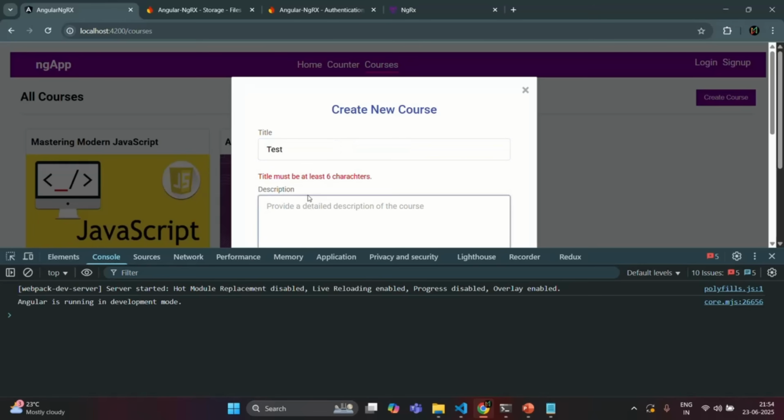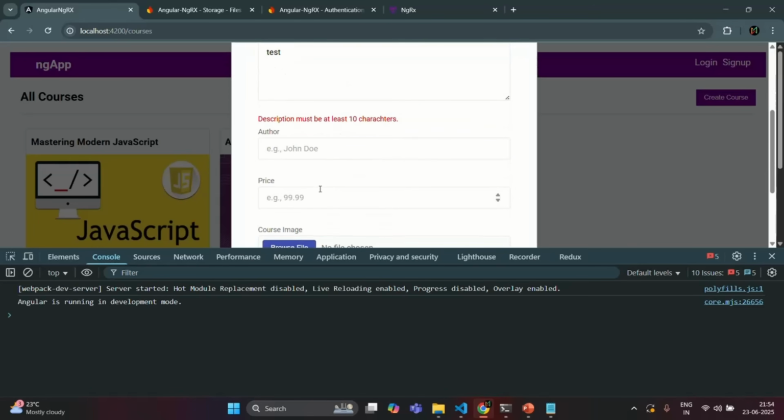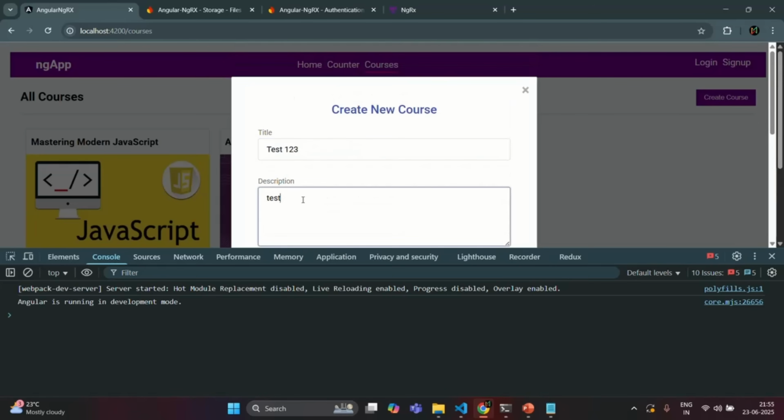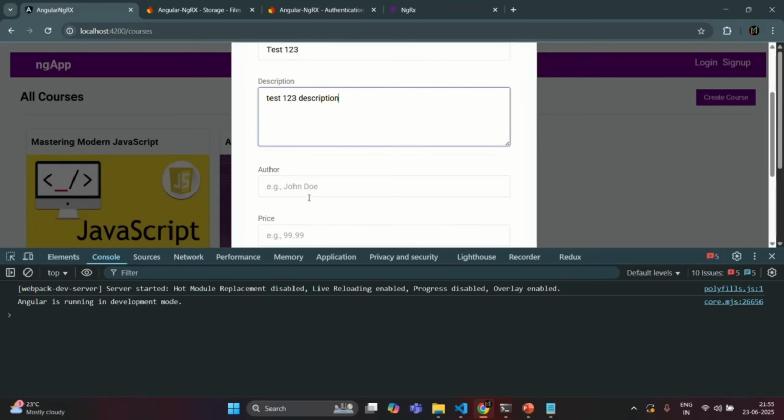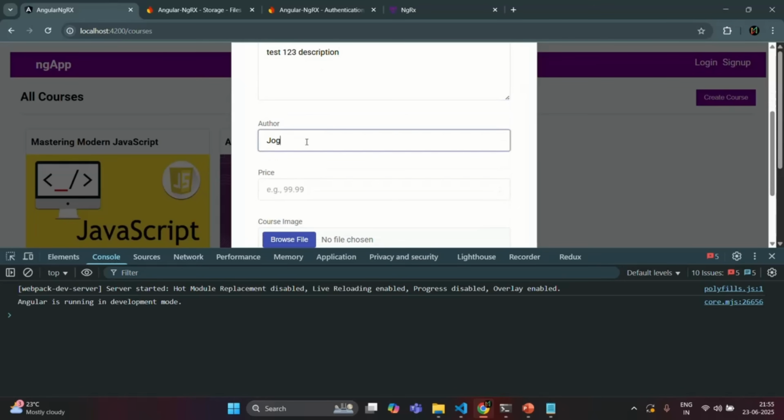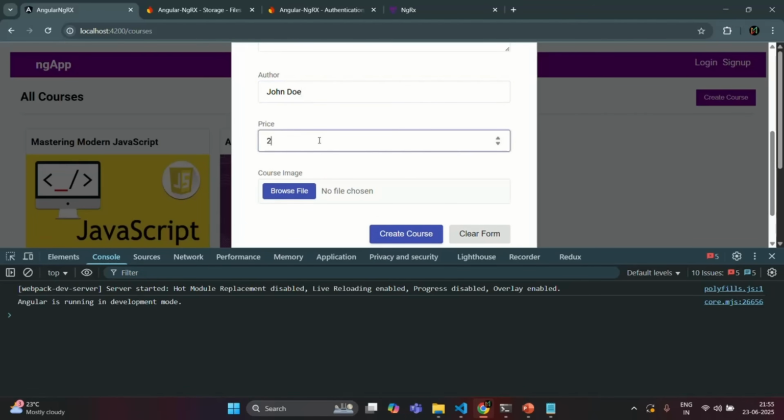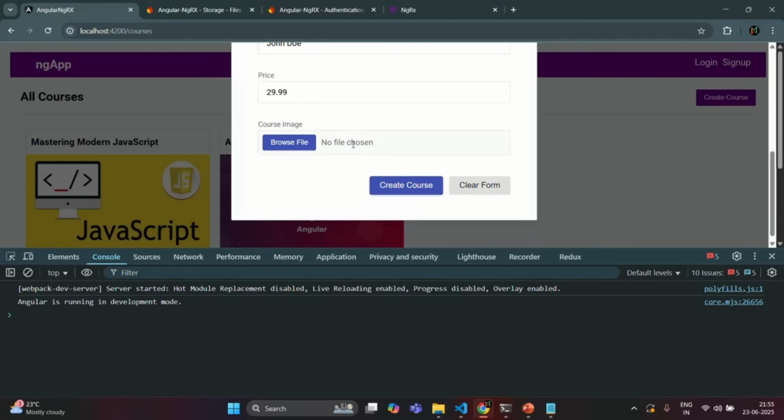I'll simply put some dummy values. So let's say test 1 2 3, and here description should also be at least 10 characters. So here also let's say test 1 2 3 description, and then here author is, let's say, John Doe, price is 29.99, and let's select an image. Okay, and here I also want to show the image name, that we will do in a bit. And when I click on this create course button